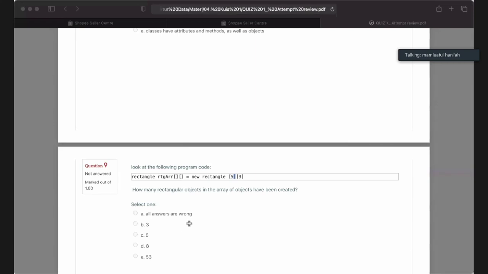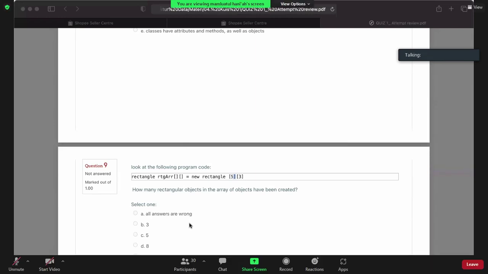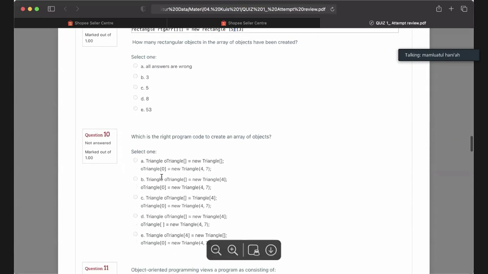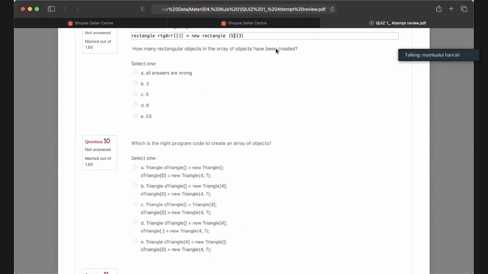And then for the next question, number 10. This is the array program to create an array of objects.